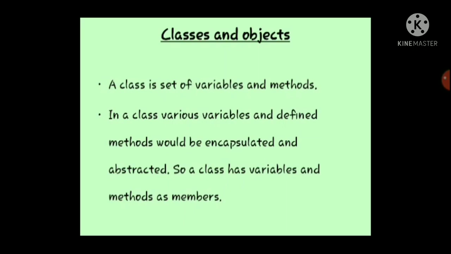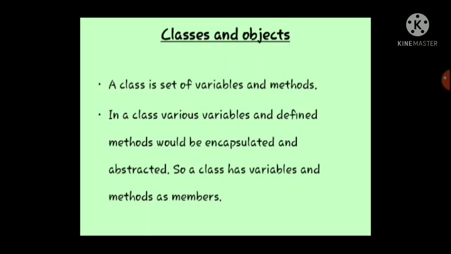What is a class? When object oriented programming is done, we know pretty well Java is a complete object oriented programming language. So, and who cannot act without a class? Okay, comes to objects. Whenever we handle a class, we should always go with an object because objects only execute the class members. Without an object, a class members cannot be executed. It will not be executed, it will not give any output, right? So always class and object go hand in hand. Whenever there is a class, there should be an object for the class. Okay, right. So that is the concept first.